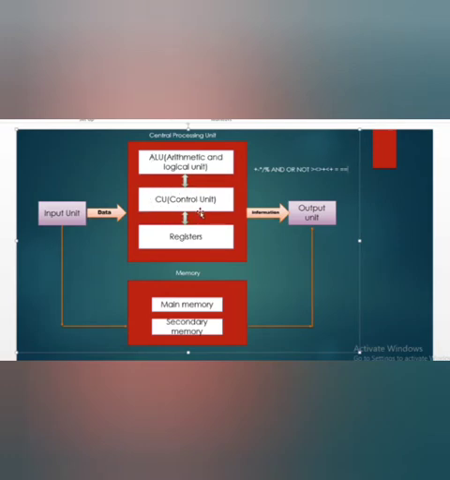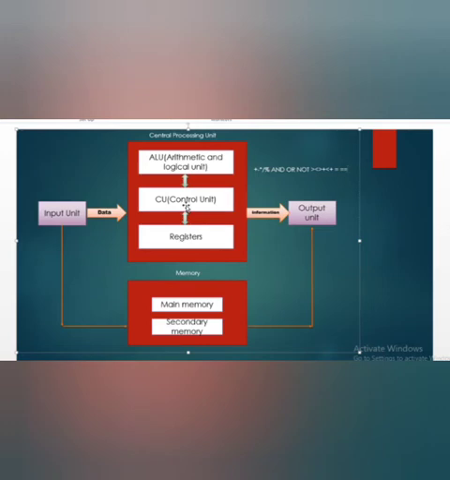So what is the control unit here? You have to consider these directions. This is bidirectional, so that data can be exchanged between these two devices. CU is nothing but the control unit. The control unit controls and directs the transfer of program instructions and data between the various units. So it acts as the head of the CPU. It controls and coordinates all other components of the computer system. The main activity is to maintain the order and direct the operation of the entire system, so that it acts as the control.